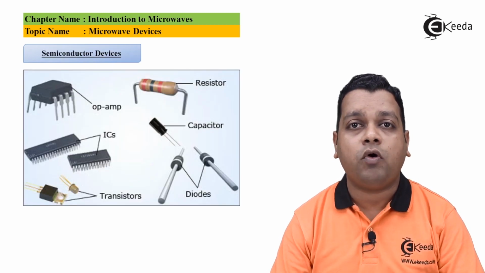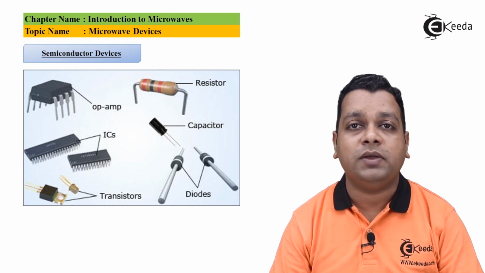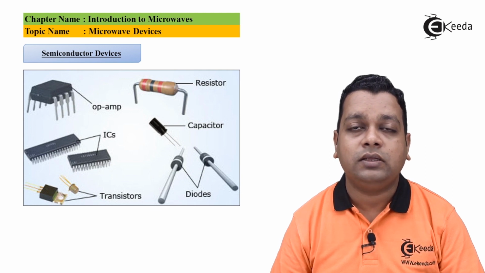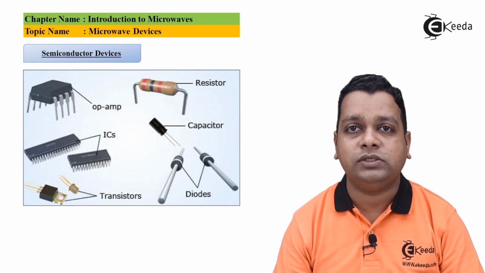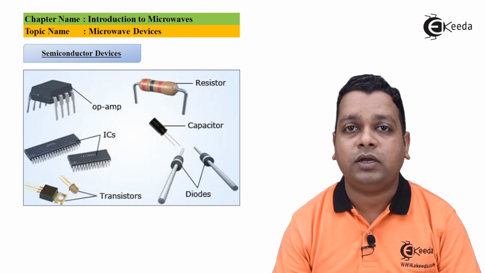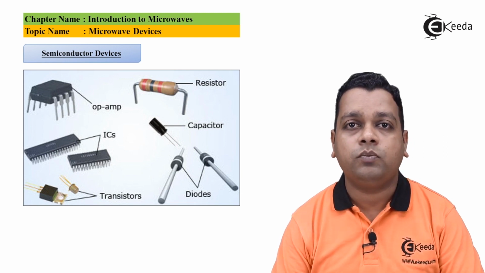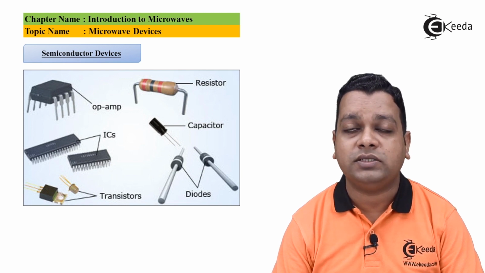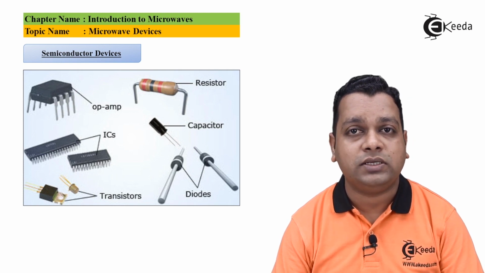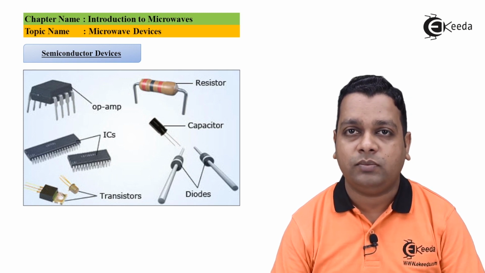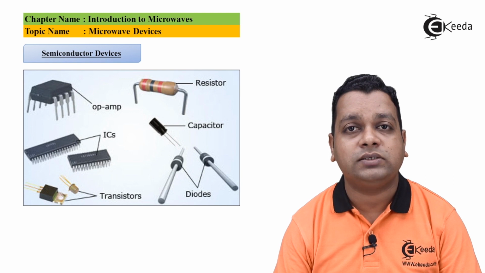Nowadays a very popular platform for electronic devices is semiconductor devices. Based on semiconductor materials, the electron is the basic charge carrier entity, and along with the holes, the processing in those devices is carried out. In this diagram you can see various devices, from resistor and diode to the operational amplifier and ICs, and the transistor is also available. So this is one platform on which various electronic devices can work.